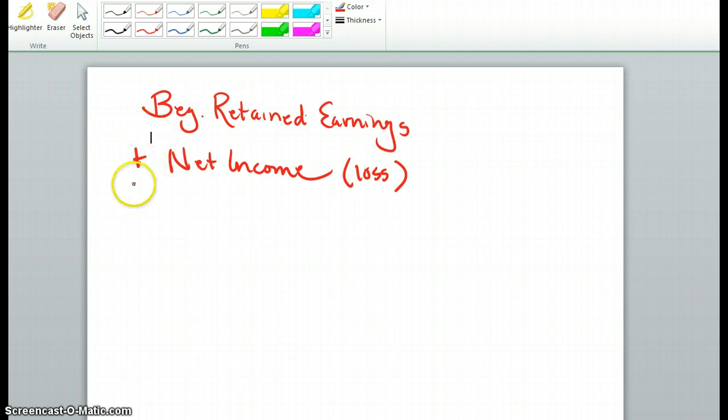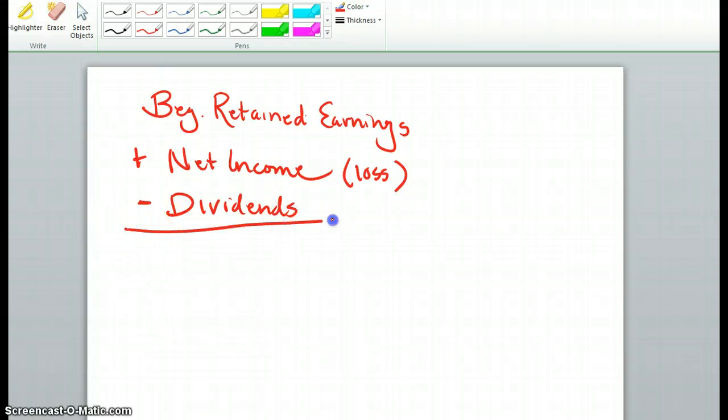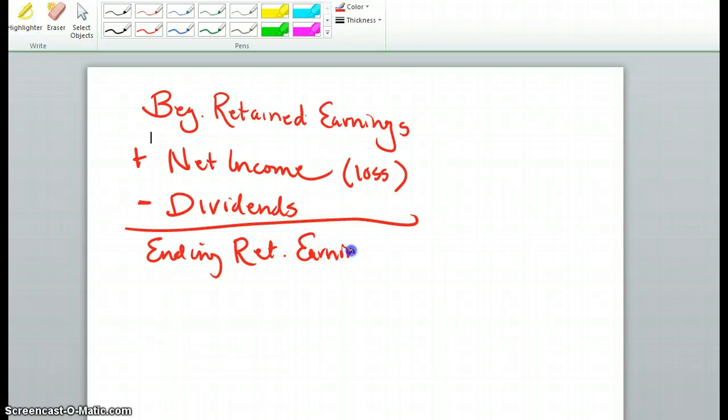The other thing that affects retained earnings is dividends. If the company pays dividends, it will come out of retained earnings. And so we have the beginning balance in retained earnings increases with net income and decreases with dividends, and that gives us our new ending balance of retained earnings. And so keeping that in mind, let's take a look at problem 3-4,